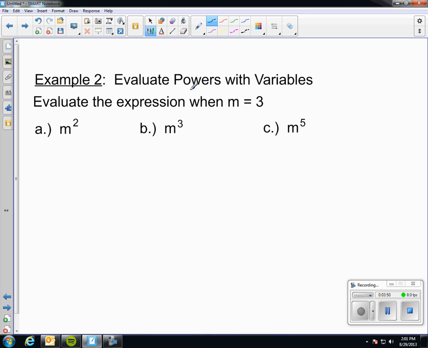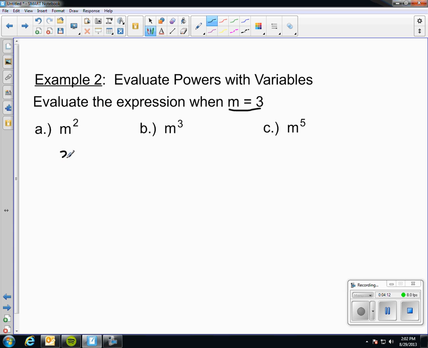To evaluate powers of variables, it's a 2-step process again. First, you have to substitute the number in, and I look at my directions, and I know that m equals 3. So I'm going to substitute the 3 in for the variable, and then I'm going to solve it. I'm going to let you use your calculators on this tonight, but you need to write it out because we're practicing that skill. So for A, the first thing you need to do is substitute the 3 in for the